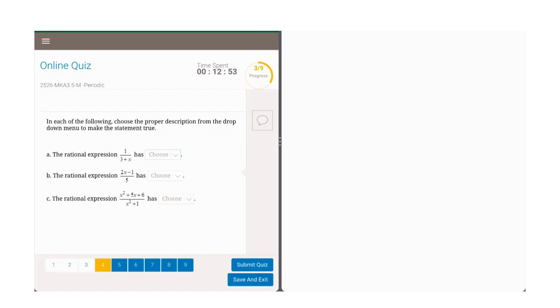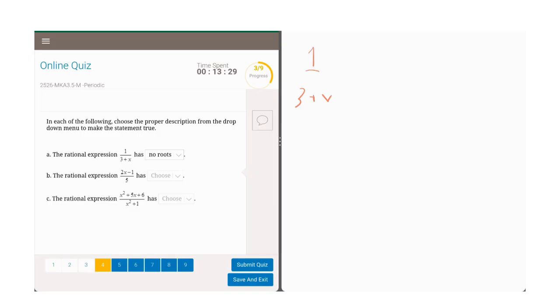Here we need to find how many roots a rational expression has. So that means, how many different values of x or a variable can you put at the top in the numerator so that it would be equal to 0. So for the first one, we have 1 over 3 plus x. There is no possible way to get the numerator to be equal to 0. So that means all you can do is just say it has no roots and leave it and move on